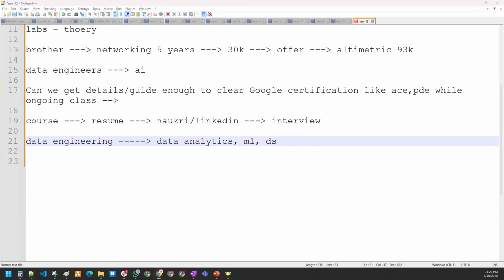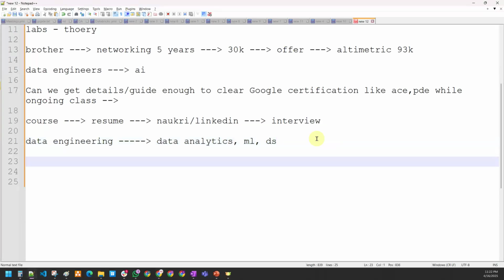Generally, on average, what packages are available? It depends on the current package. For example, if you have 5 years and your current package could be 12 or something, you will always get a hike from 50% to 80%. People have proved they can get 120%, 150%, even 200% also, but this is the average margin we say.